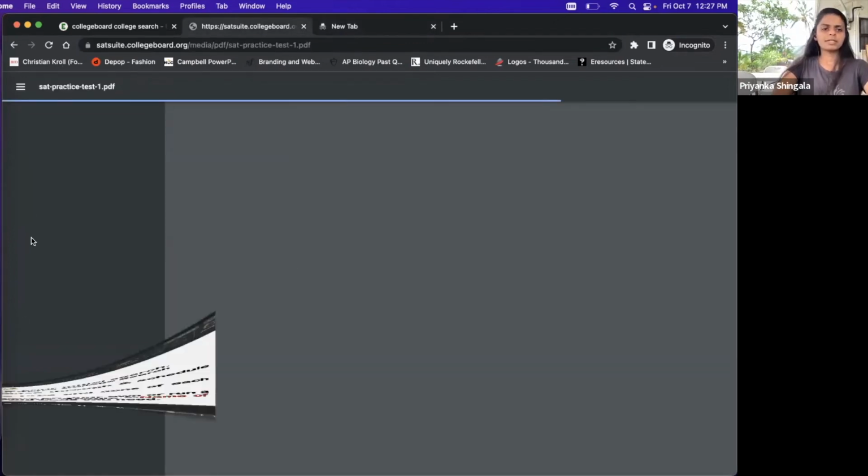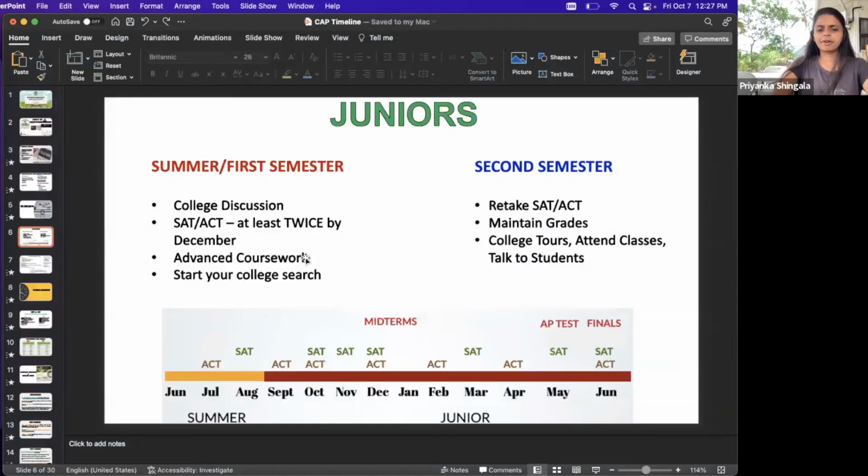PSATs. PSATs happen basically every year in October, usually mid-October, the 12th, 13th, 14th, 15th, one of those dates. And they don't matter. Clarification: 9th grade and 10th grade PSATs don't matter. 11th grade PSATs could matter in that it's also called the National Merit NMSQT, National Merit Scholarship Qualifying Test, basically. That means you can qualify if you have a near perfect score. You're not guaranteed the scholarship, but you can qualify.